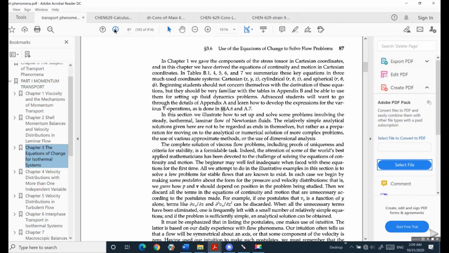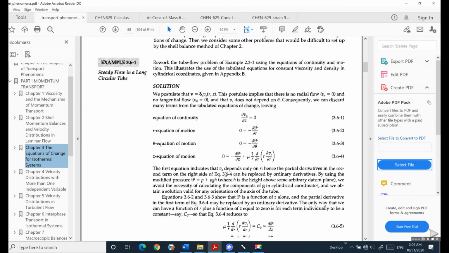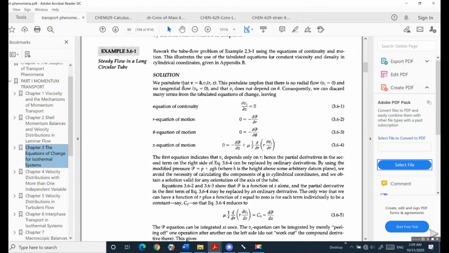Now we are in the problem solution. So for the solution, we postulate that V only is